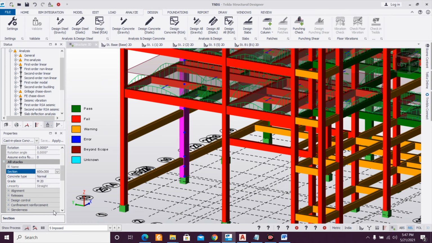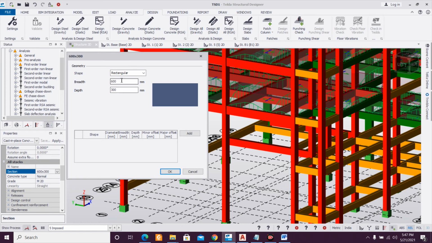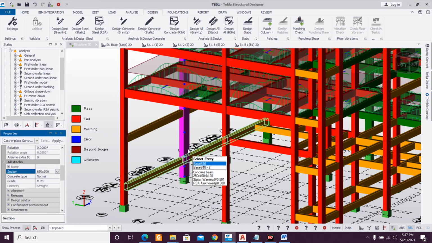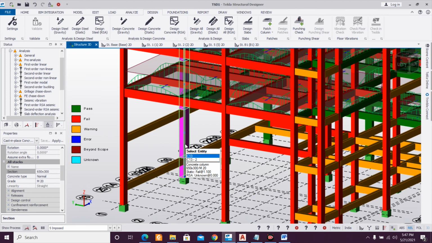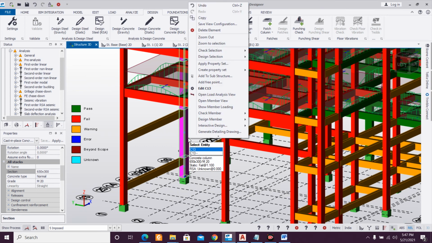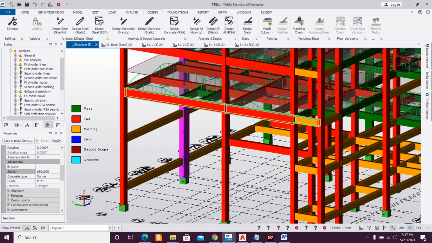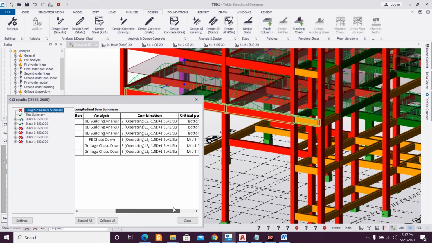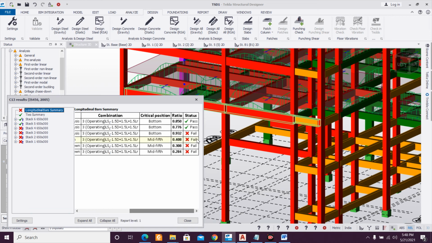Does this change anything? 650. Now it's pass. This is less than 1, so it's pass.